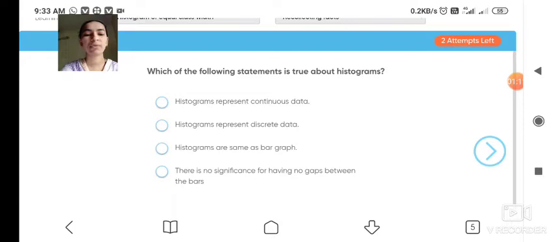What is a histogram? Yes, students, in a histogram, all the bars are connected and there is no space between them, unlike a bar graph. In a bar graph we have a space between two bars, but a histogram represents continuous data. In that we have to know the frequency and which class they are. In that, class size is also given. We take the frequency distribution table, and with the help of that, we make the histogram.